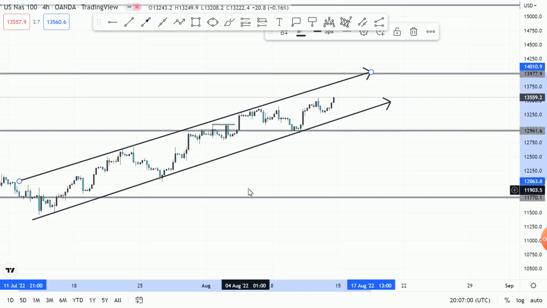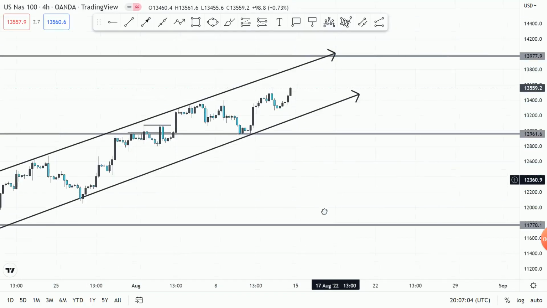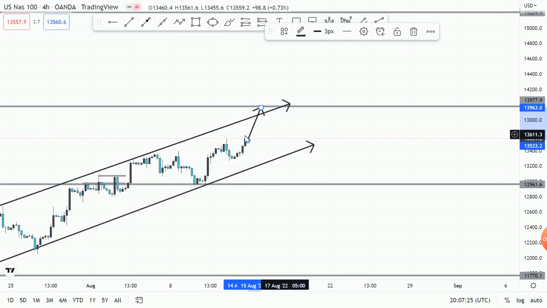What do I mean? This is like to the script, man. This is what you learn if you understand price action. Okay, so now you know that the market is in a channel, and you know that there's a zone here. Definitely, there should be some move like this. But now, because the market is closed right now, the currency market, as soon as it opens, it won't go straight up. There will be some form of dilly